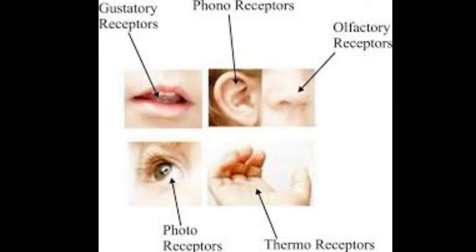The main thing is that control and coordination in humans is done by only two systems. The first one is the nervous system and the second one is the endocrine system, also called the hormonal system. In human beings, the nervous system and endocrine system work together to control and coordinate all our activities, such as physical action and emotional behavior. Both systems of coordination consist of a number of parts working together in a systematic way.